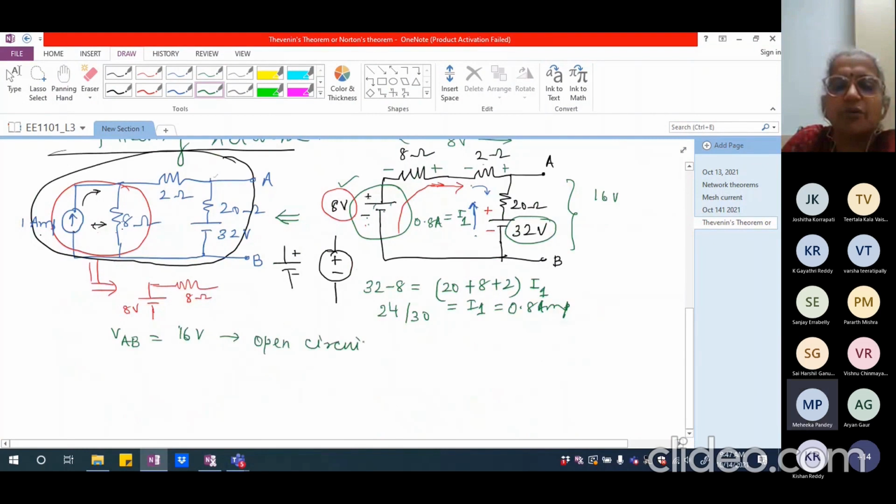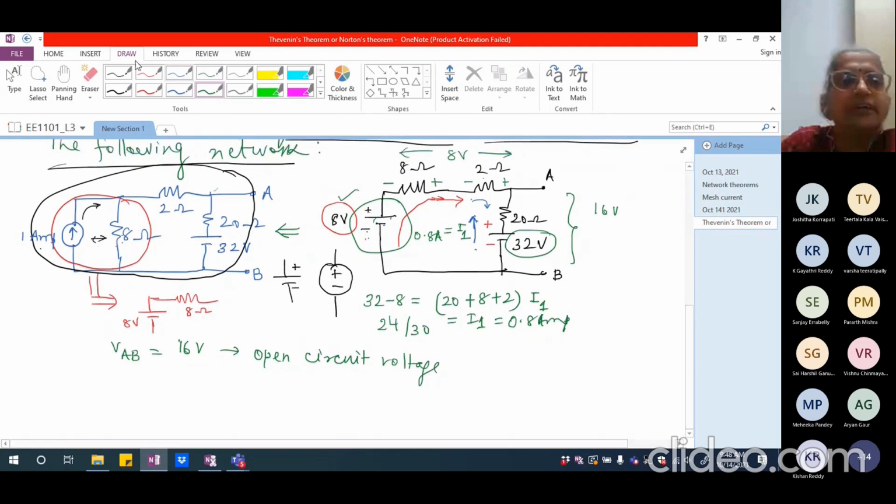Ma'am, can you please repeat this? Yeah. The current is 0.8 ampere. Do you understand that? Yes, ma'am. Okay. So if I say that the current is 0.8 ampere, I am looking at the voltage of point